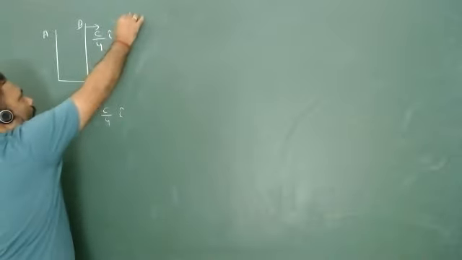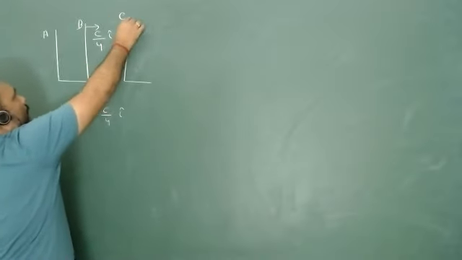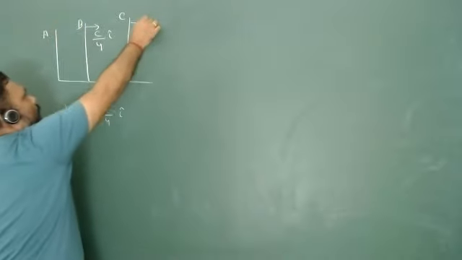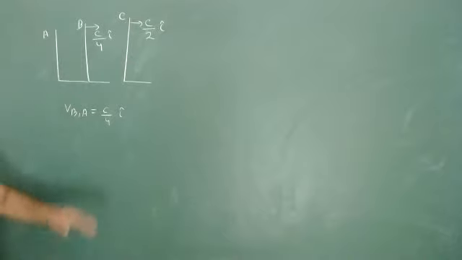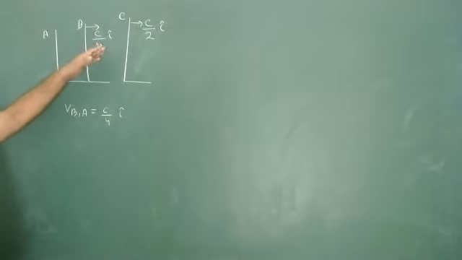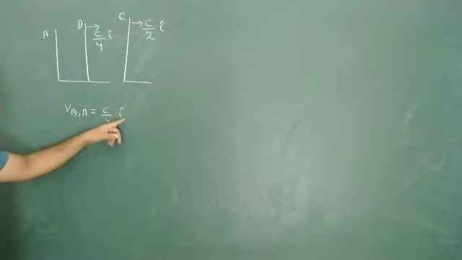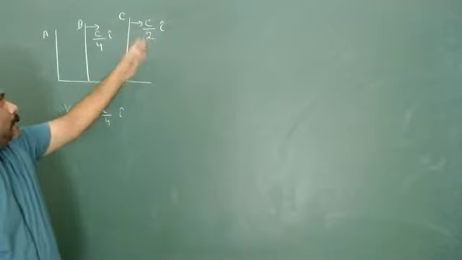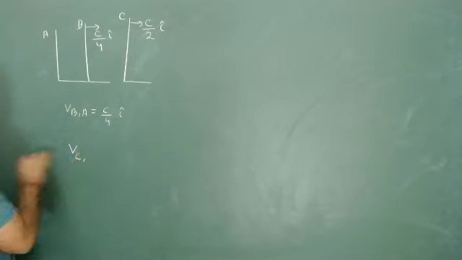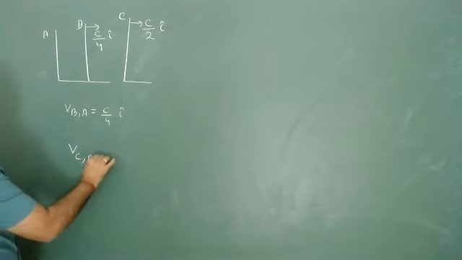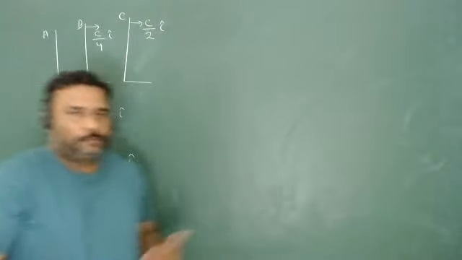And again, we have another frame. Let's say this frame is C and this is moving with respect to B with a speed c/2 in i cap direction. So if I ask you what is c/4, you have to say the speed of B with respect to A in i cap direction. If I ask you what is c/2, then you have to say velocity of C with respect to B, and this is c/2 in i cap direction. So these two things are given.